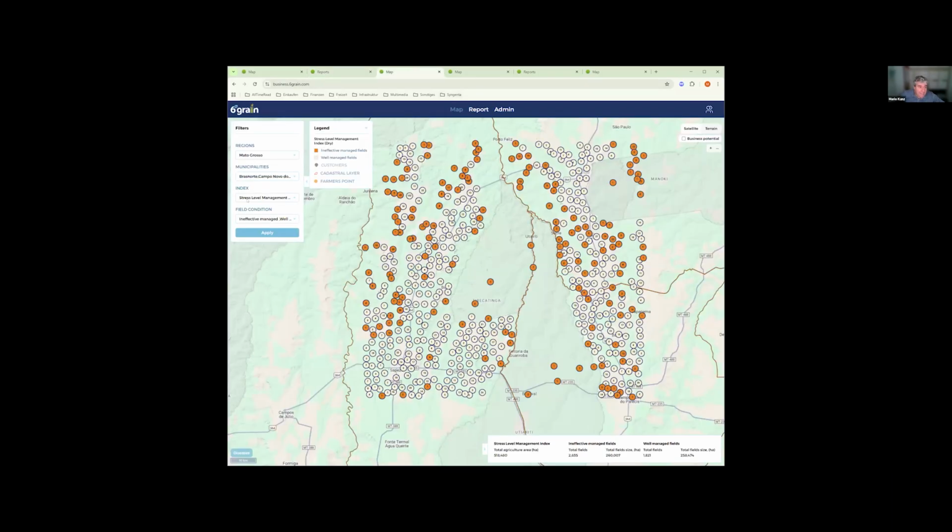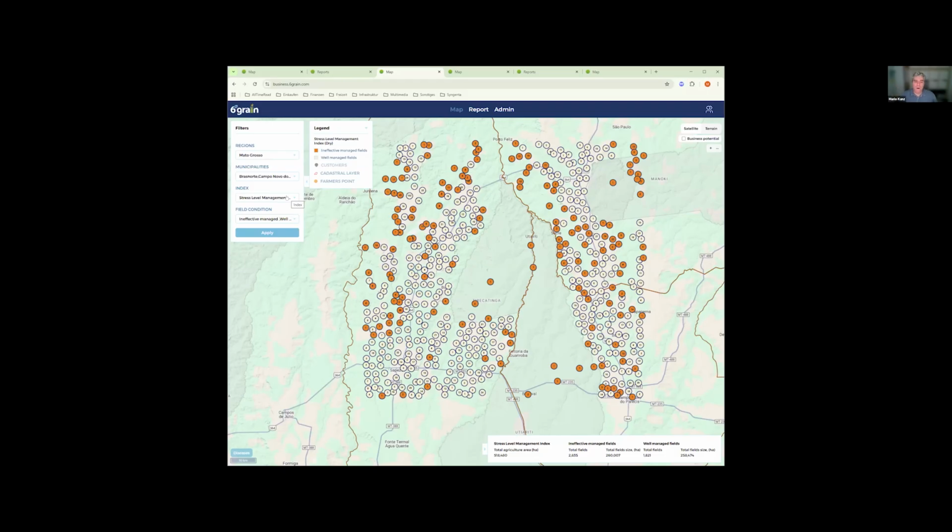The next thing is stress level management. So rather than saying how well the fields have performed in the last 3 to 5 years, we have analyzed if there were severe conditions like drought, which of the fields actually still performed reasonably well. And the hypothesis here is that these are farmers who know their business. They are outperforming the others. Maybe they have access to irrigation, we can also find that out. But they typically know how to deal with these kinds of situations. E.g., these are potential customers.